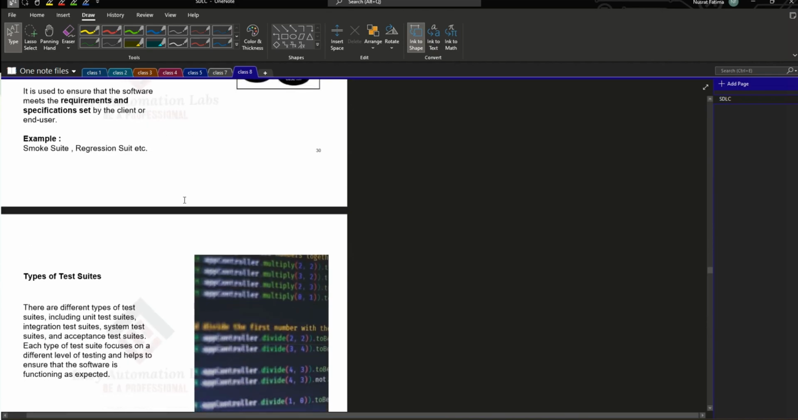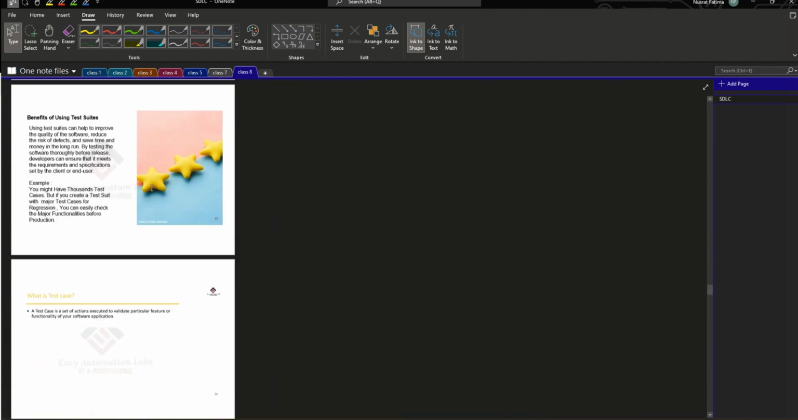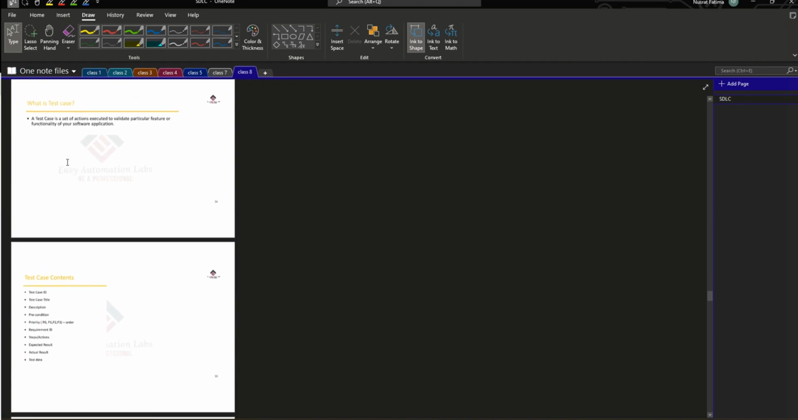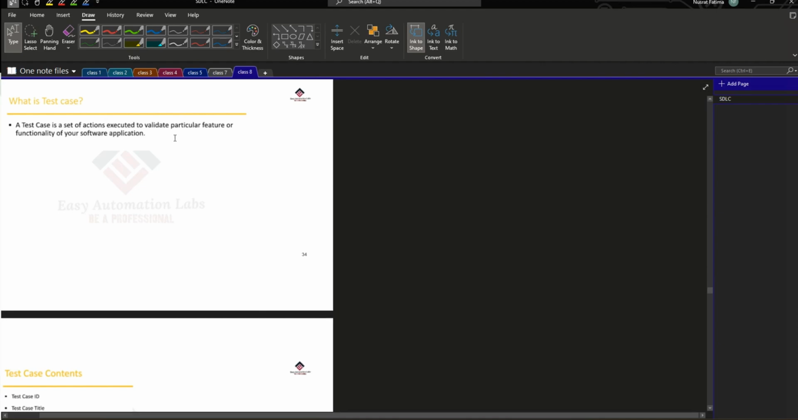And then, yeah, what is a test case? Okay, a test case is a set of actions executed to validate a particular feature or functionality of your software application. Okay, so just as I said,